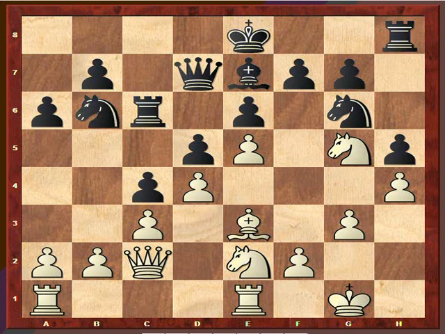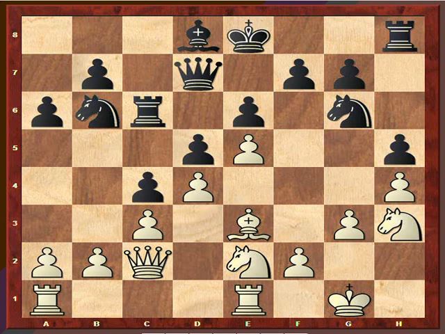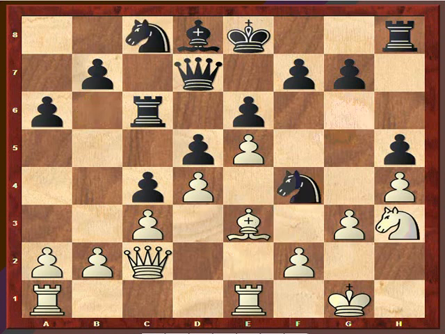So Karpov is, of course, very solid. Bishop d8, knight h3, with the idea of knight f4. One knight is going to be on f4, always with an eye on h5. After knight c8, knight f4, knight takes, knight e7,